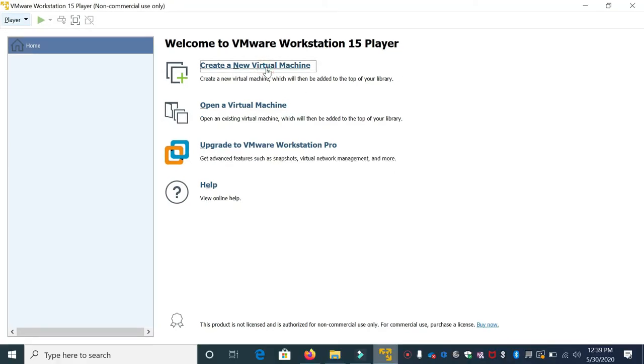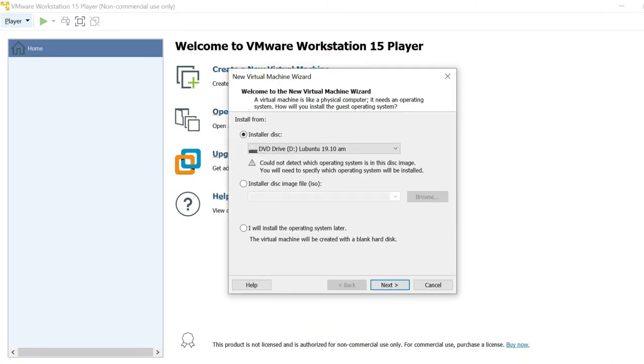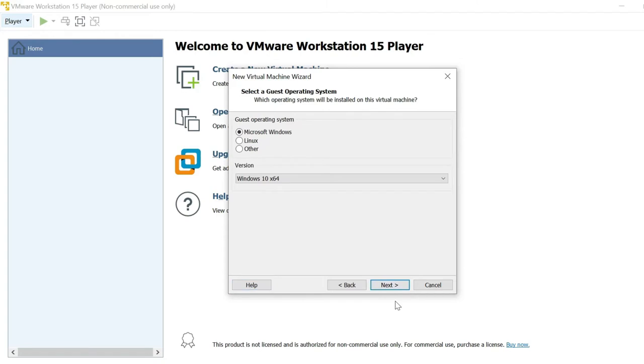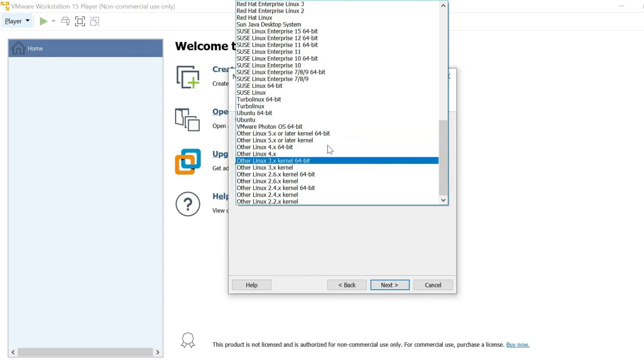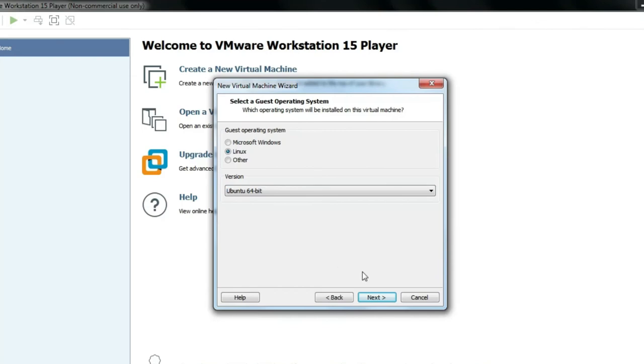Once you click Create a New Virtual Machine, you can see the next page. In this, you have to opt for I will install the operating system later and click Next. And here you opt for Linux because you're going to install a Linux operating system, and then go for Ubuntu 64. After that, you can click Next.